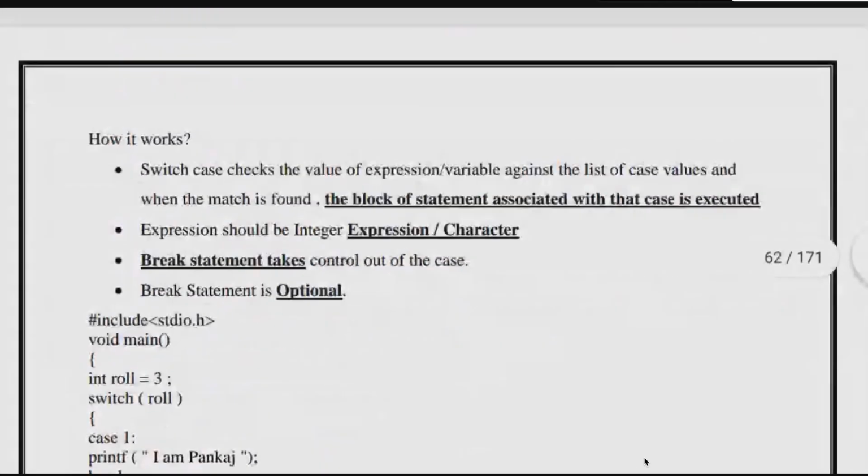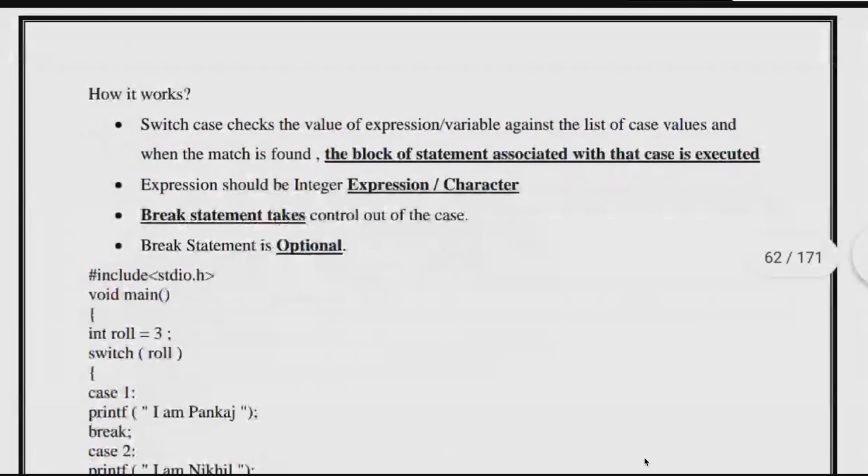So I think how it works, we already discussed, but anyhow, let's go through it once. How does it work? The switch case checks the value of an expression or variable, against a list of cases. Whatever cases you have mentioned, it could be 5 cases, 10 cases, 3 cases or 4 cases. If it is only 2 cases,